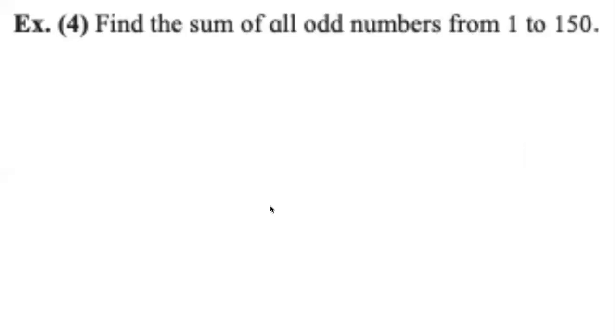Example number 4, page number 71 in the textbook. Hold on before you start solving. You are not going to solve this in the way it is given in the textbook. You will use the formula directly. What do we have here? We have an AP, sum of odd numbers from 1 to 150. Please confirm what is the question in your textbook. Does it say all odd numbers from 1 to 150 or between 1 to 150? What does it say? From or between?